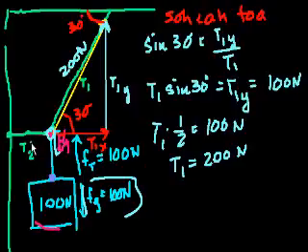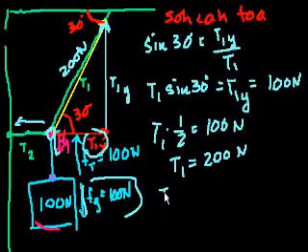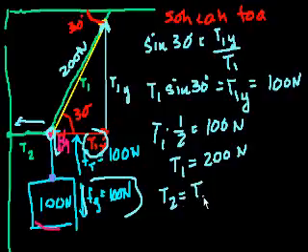So now we've got to figure out what the tension in this second wire is. And there's another clue here. This point isn't moving left or right. It's stationary. So we know that whatever the tension in this wire must be, it must be offset by a tension or some other force in the opposite direction. And that force in the opposite direction is the x component of the first wire's tension. So T2 is equal to the x component of the first wire's tension.